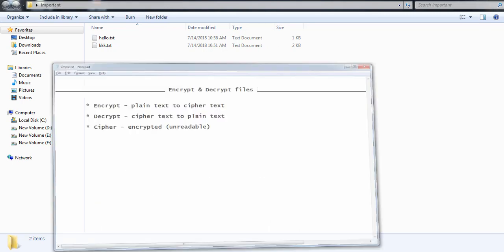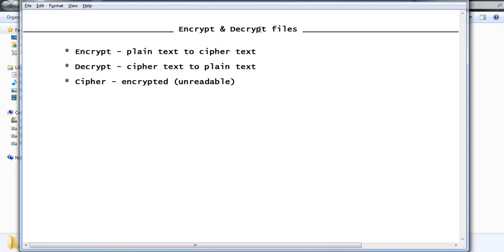So we learned how we can encrypt and decrypt the files which we want to make secure from other people, so that they couldn't read or write inside them. We learned about the process of encryption, decryption and cipher. The commands we used are cipher /E for encryption and cipher /D for decryption. Both these commands helped us encrypt and decrypt our files.